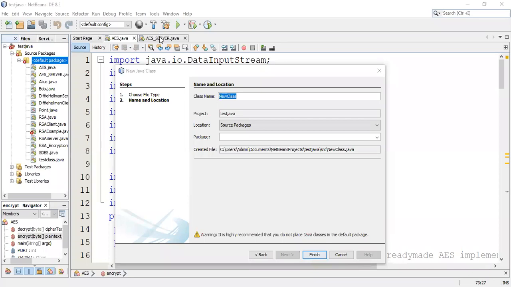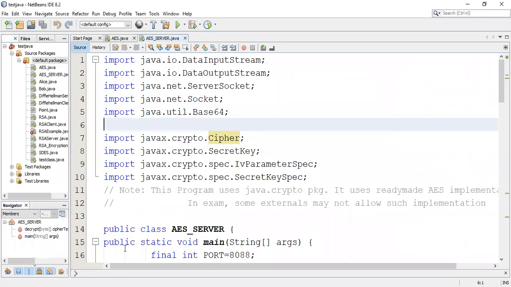Suppose you have to put on the AES. See the name of my class, so here also the AES class. Got it? So you must remember which class names you have to call. Now proceed for the next one then.